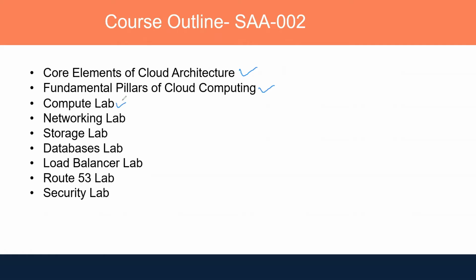In compute lab, we will create the machines. In AWS, you can create different sizes of machines. When I say different sizes of machines, in terms of their processing speed, memory and storage capacity, there are different types of machines. For example, there is T2 micro. There are other tiers of machines you can create. So as per your requirement, you can go and choose a machine.